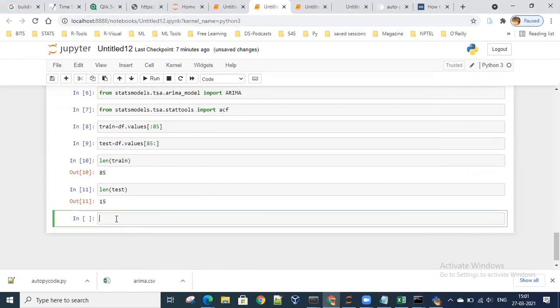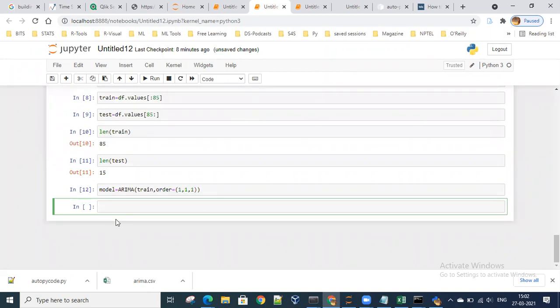So now what we'll do is, I'll say model is equal to ARIMA, train. Order is the PDQ value which I need to supply. I'll say 1, 1, 1. Shift enter.